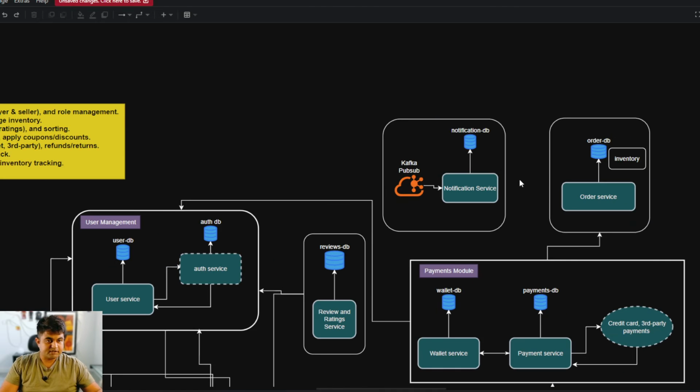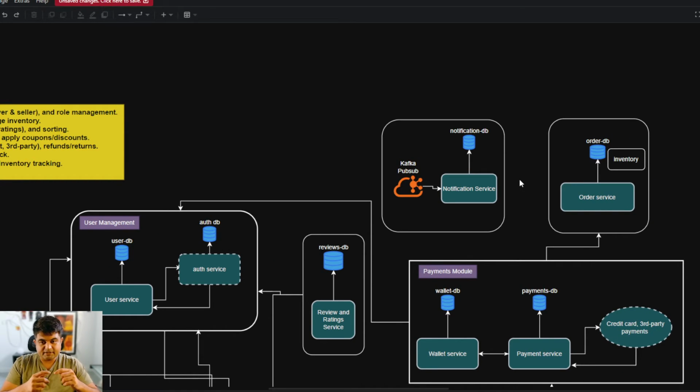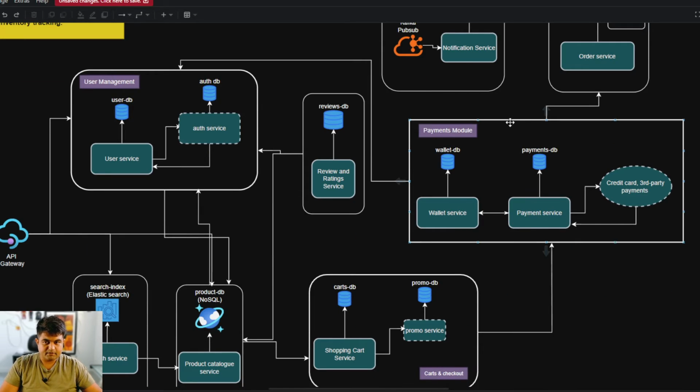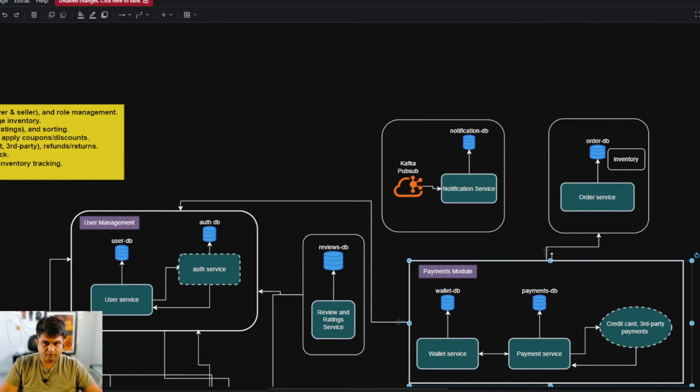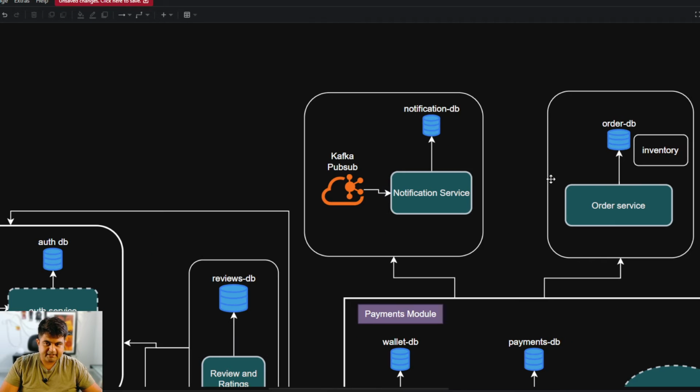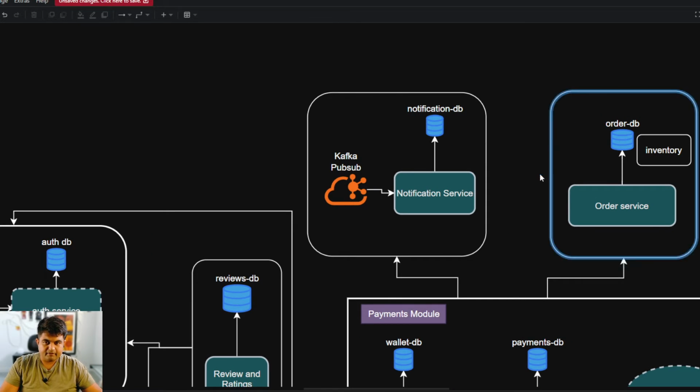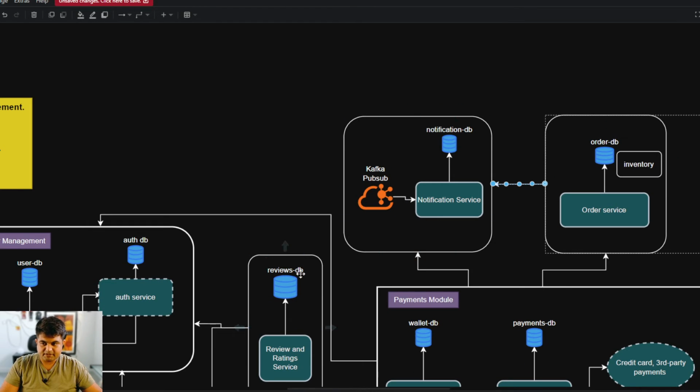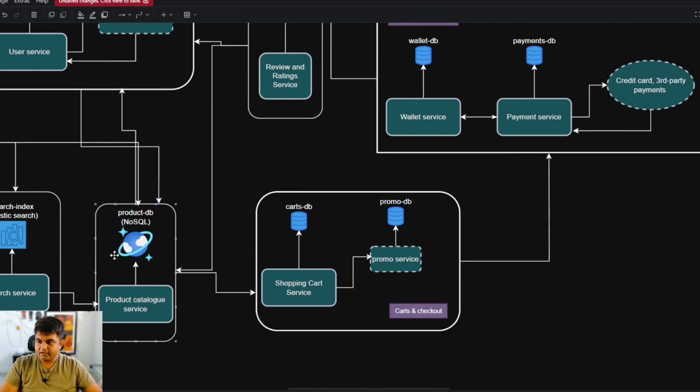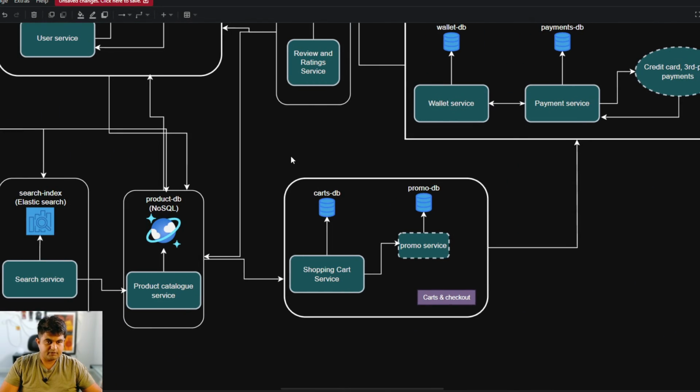Now, which services should be calling our notification service? Just try to understand it. Number one, whenever a user makes a purchase and the payment goes through, we want to call out our notification system. That's a very clear, simple, low hanging fruit. Okay, of course we can do that. Whenever an order gets created, completed, published, delivered, we also want to notify our user, so we would be calling the notification service. Whenever, let's say, you have browsed some products, and there is some important cart